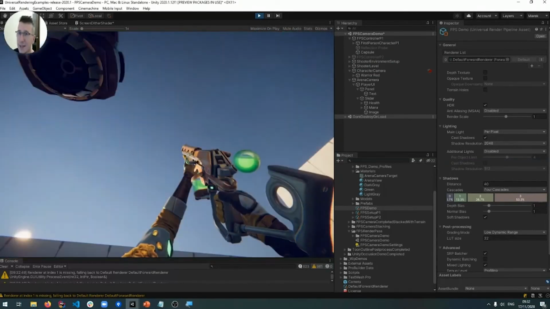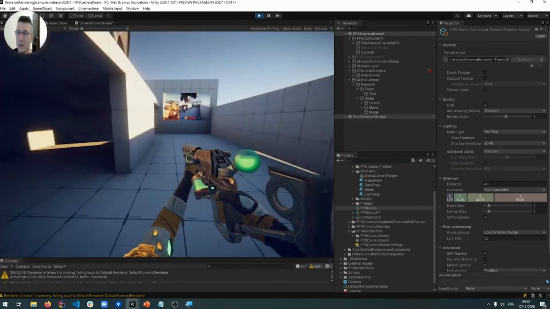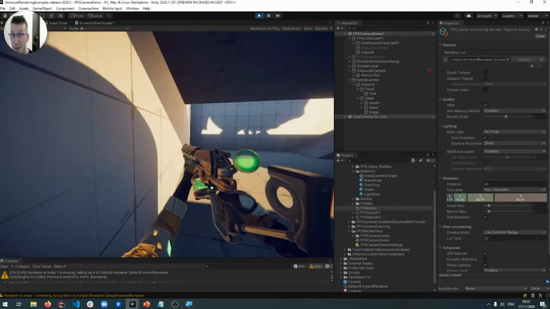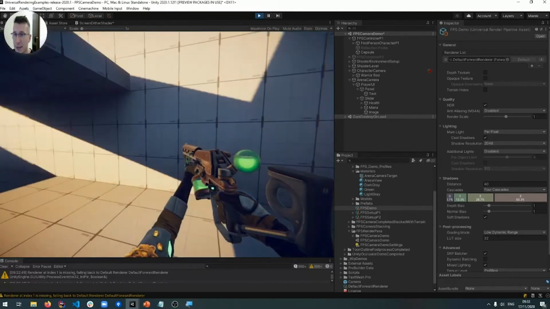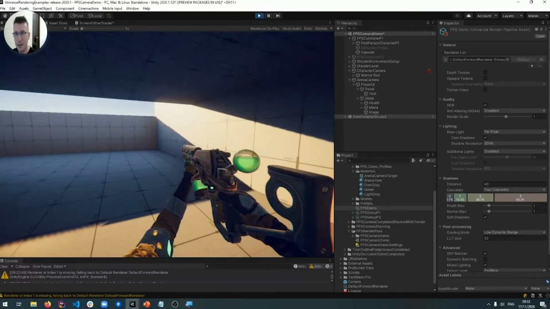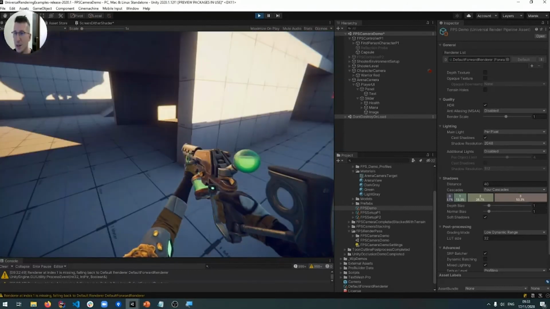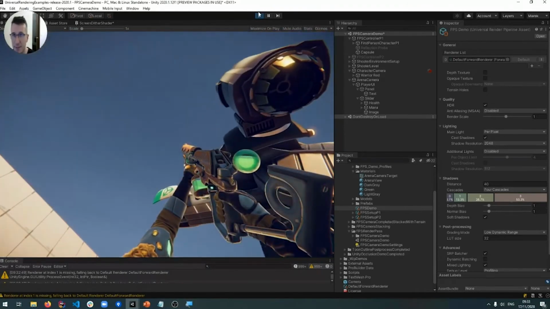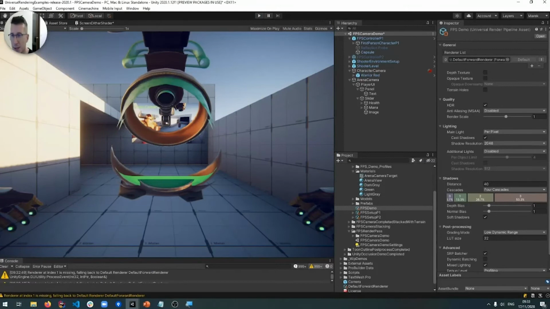But then the disadvantage of the really high field of view is that the gun, the thing that you're holding in your hands, is going to look relatively small compared to everything else in the scene. So we can use the custom render features to work around this problem and really create this nicely balanced gun